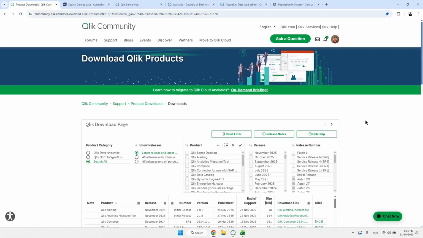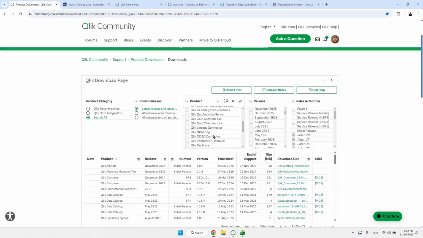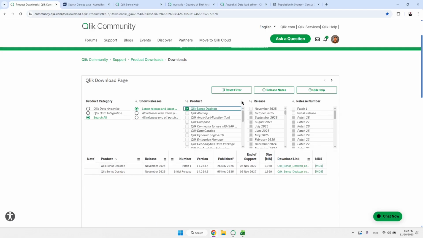First, you should be part of the Qlik community so you can download the unlock file, the file that will unlock the software, if you don't have the license, of course. So first, sign up to the Qlik community. It's community.qlik.com. Then if you Google, you should be able to find the download link products page. Here you have a bunch of different things, but we will go with the Qlik Sense Desktop product. Click here. This will filter the products, and then you can click here on the download link. This will start the download of the software.